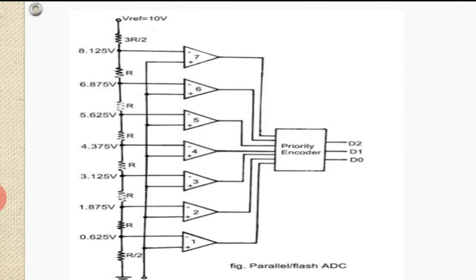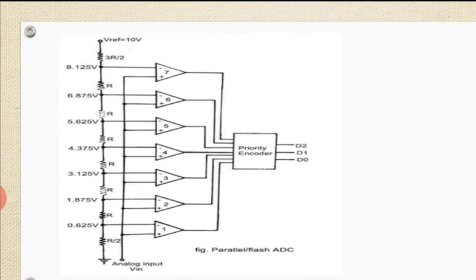This is the basic principle used here. Thus all the parallel comparators produce a digital representation of the analog voltage in the form of 0s and 1s. These comparator outputs are then applied to the priority encoder. The encoder converts those 0s and 1s into a binary number and produces the digital binary output. So this is the basic working of this flash ADC.